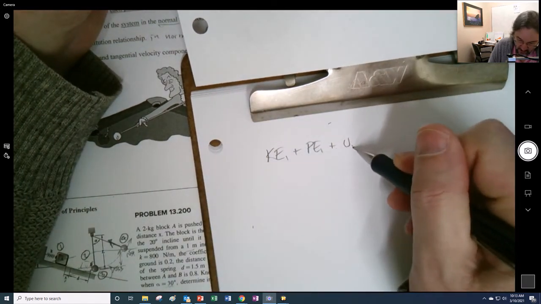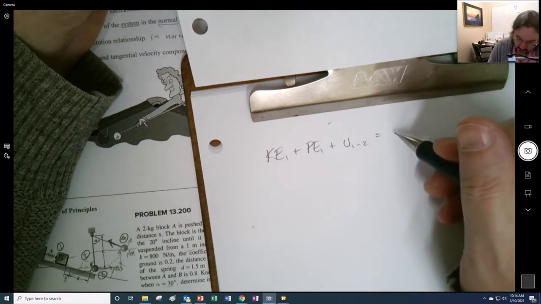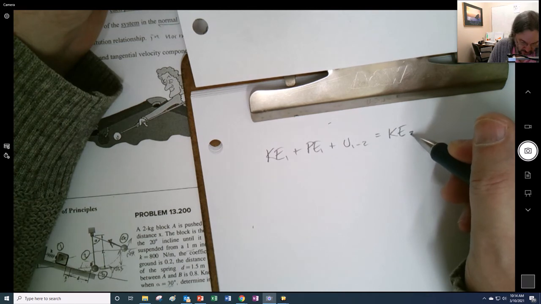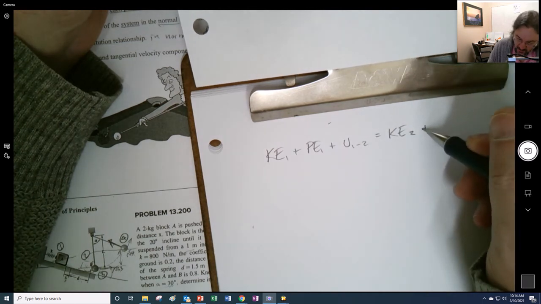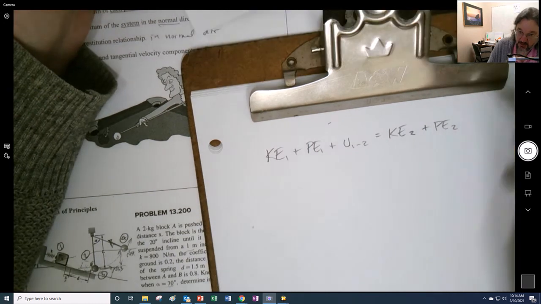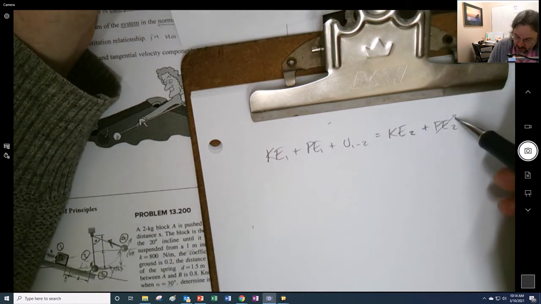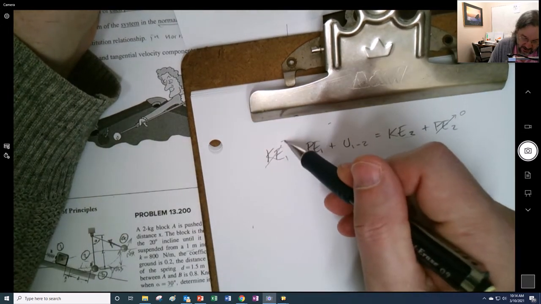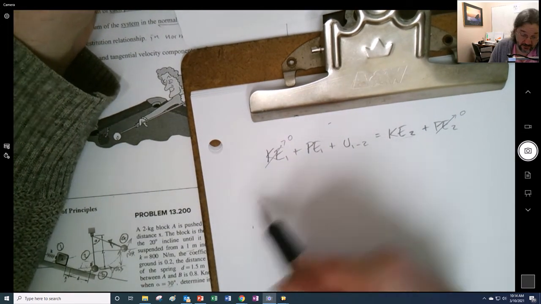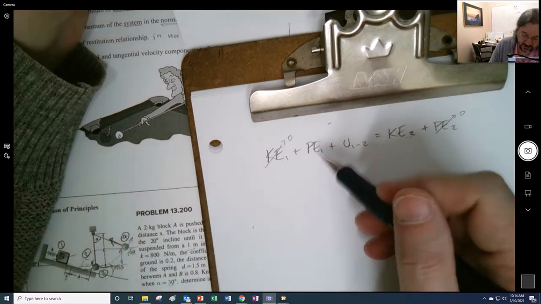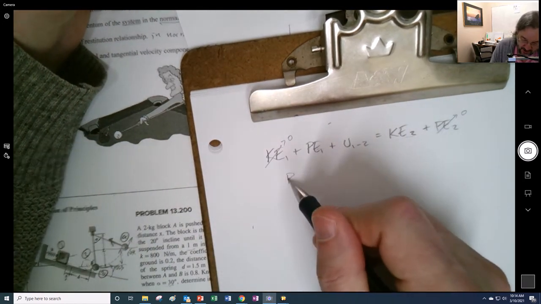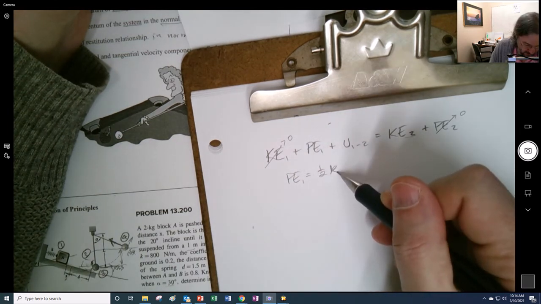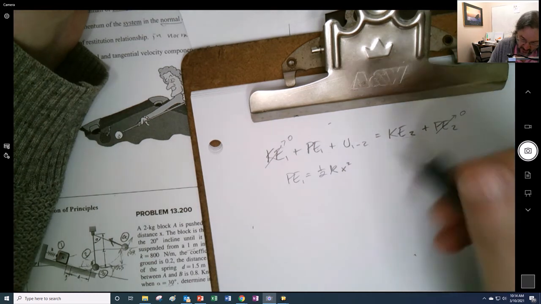So then we're going to have the work between 1 and 2, which is going to be the friction, and the kinetic energy at state 2, and plus the potential energy at state 2. Now we're going to treat the potential energy here as 0. We know this guy right here. Kinetic energy here is going to be 0 at the beginning because the thing is going to be pushed up against the spring. So we have potential energy here. Let's just write the thing out. Potential energy 1/2 K, and they're calling it X, so we'll leave that as X squared,